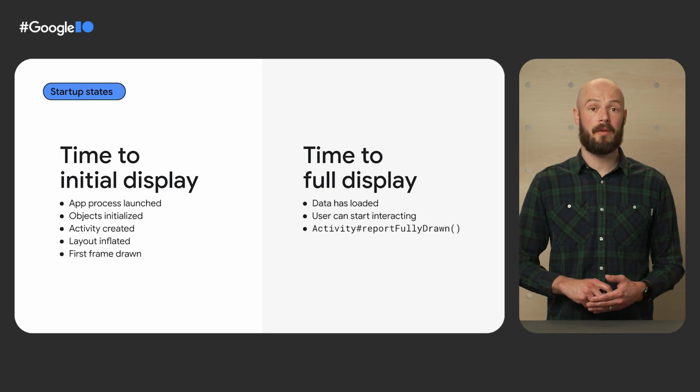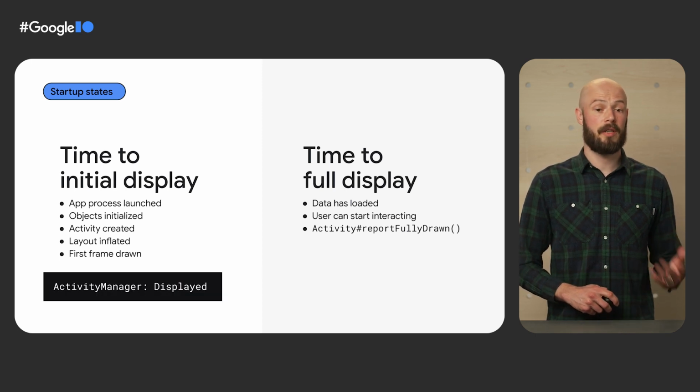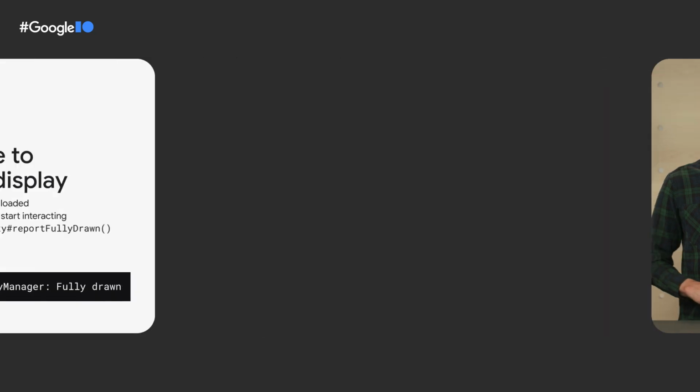You can use this for gathering startup metrics, but it also provides the Android framework with information about code paths that should be optimized through the ahead of time or just-in-time compilers. And you can easily spot both states in Logcat by filtering for displayed or fully drawn. But can't you just ignore all this data and continue developing features?